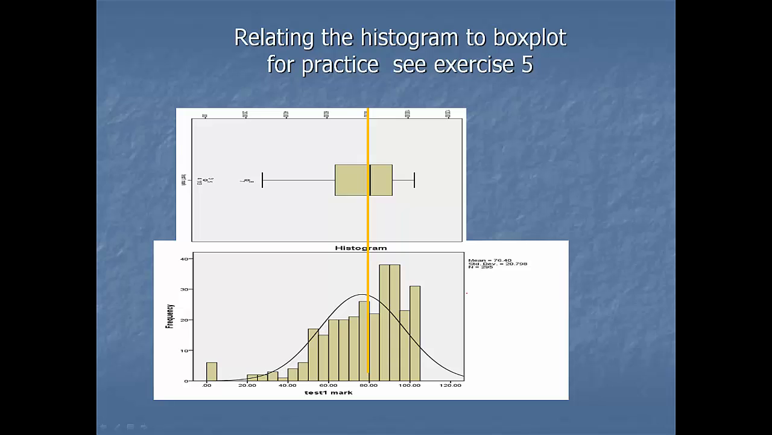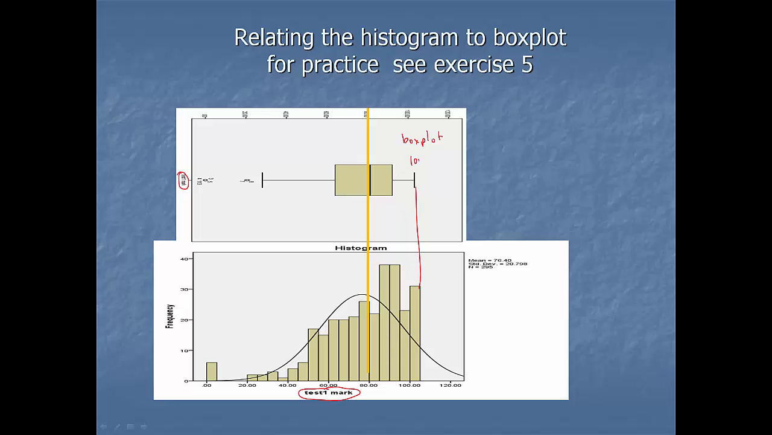Now we'll look at a quick example relating a boxplot to a histogram. So exercise 5 will get you to practice with these. What I've done is I've taken the test marks, so these are actual boxplots from the test 1 data. And what we can see is that when we superimpose the histogram over the boxplot, this is the boxplot, over the histogram,